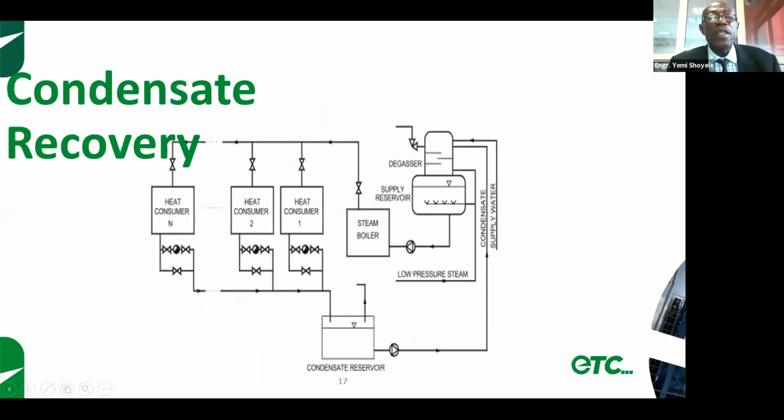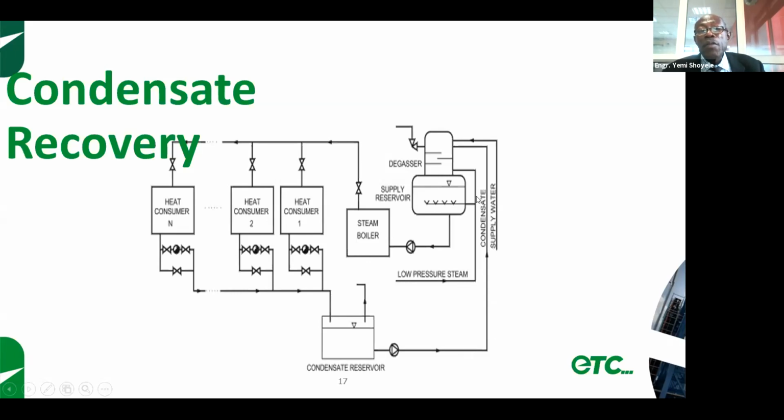Okay, now let's look at condensate recovery. Like I said, this is another system in the boiler system. Now, you need to recover your condensate for obvious reasons, because that's a lot of energy there. Okay. Now, when your steam boiler generates steam, it sends steam out to the various consumers, 1, 2, and N. After utilization, the steam condenses because you have steam traps installed all over the place, and then it's collected in what you call a condensate reservoir. The condensate reservoir holds all the condensate that returns from all the consumers, and it's eventually